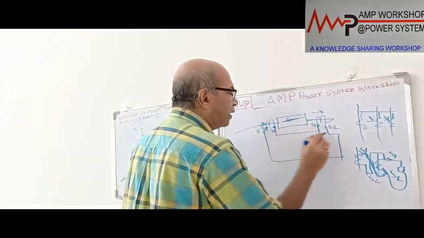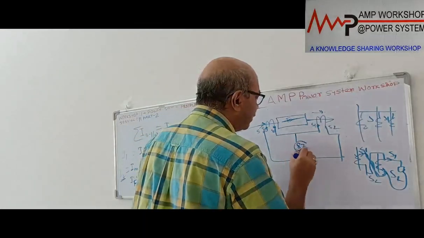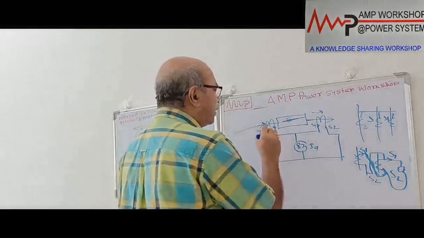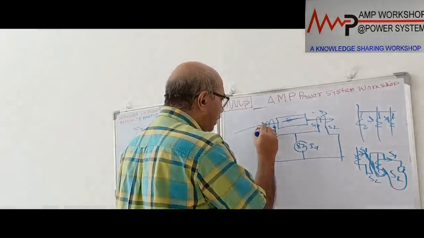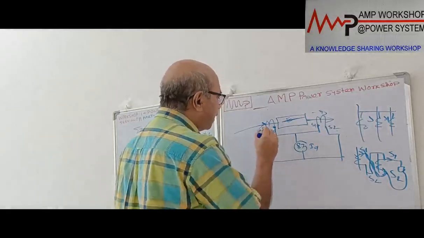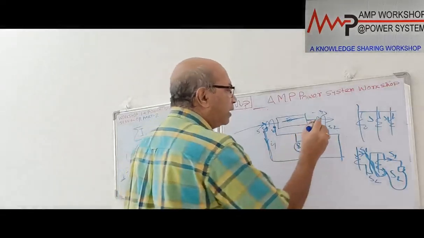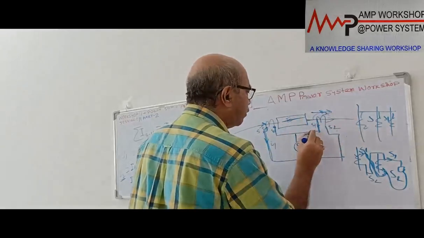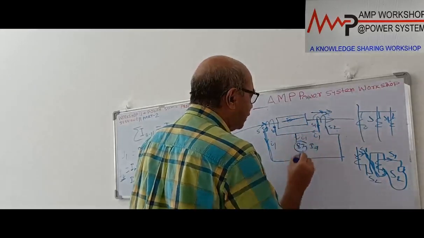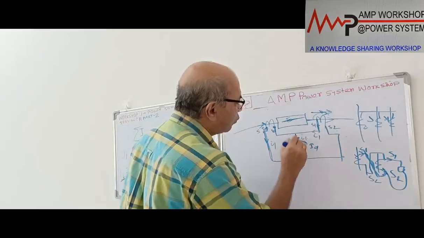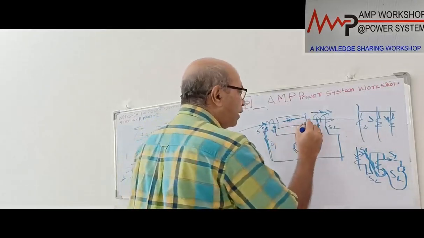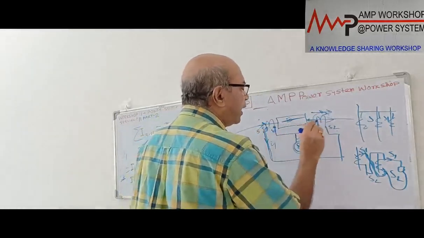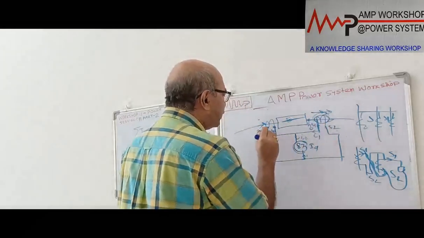That's why, as this is a differential, this S1 will be connected to S2, and the 87, the differential relay or ID, will be connected over here. In the normal healthy condition, when both currents are equal, the S1 current coming from here, suppose it is I1, goes through the relay, and the second current is coming from here, because this is the direction of the current. It is the normal condition. This is also flowing I1. So you see in this relay, I1 minus I1 is 0, so no net current is flowing through it. But the moment there is a fault over here, what will happen? This CT will not feed any current, because this CT will not see any current. Only this CT will see the current.